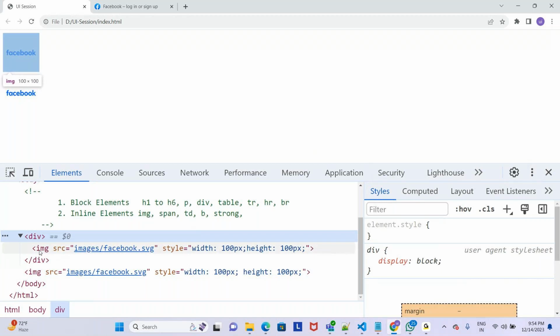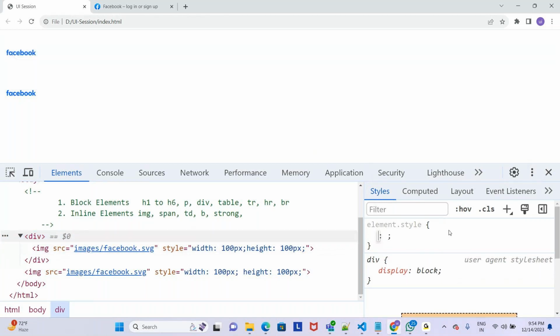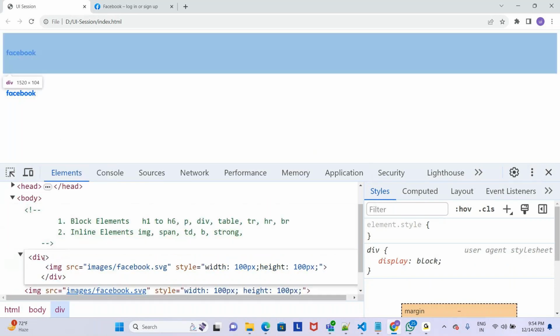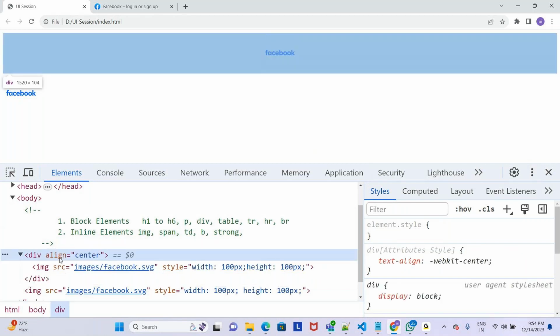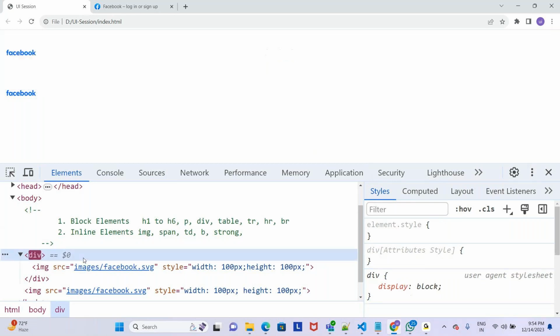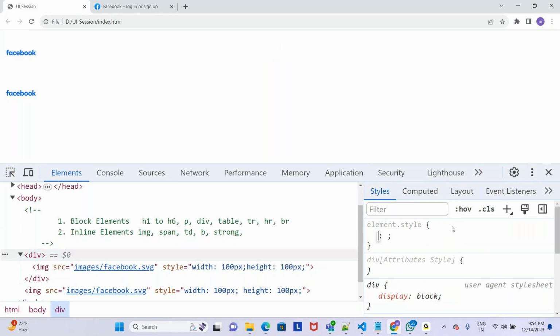So for this parent element, we have options here. First, I'll show you. We have an HTML method called align equal to center. This is purely an HTML method, so I am not going to recommend you write it in real time. For practice purposes, you can write it. But when it comes to CSS, I'll make this